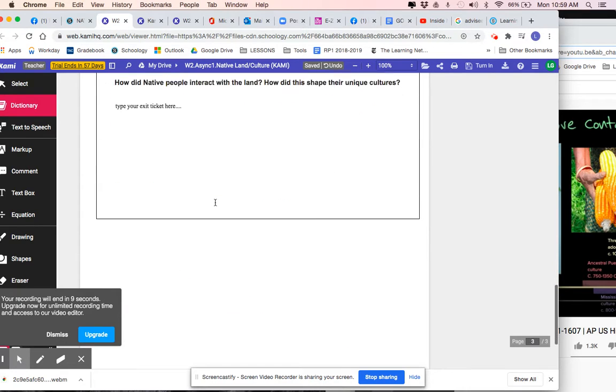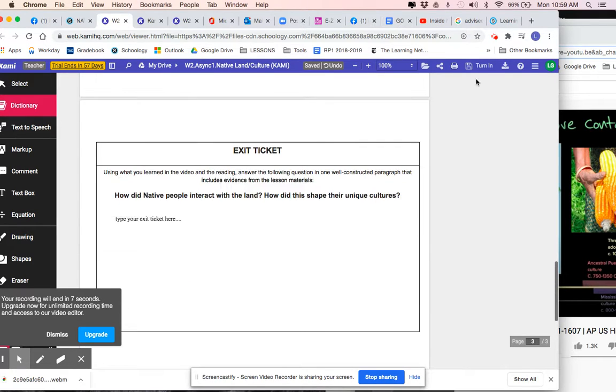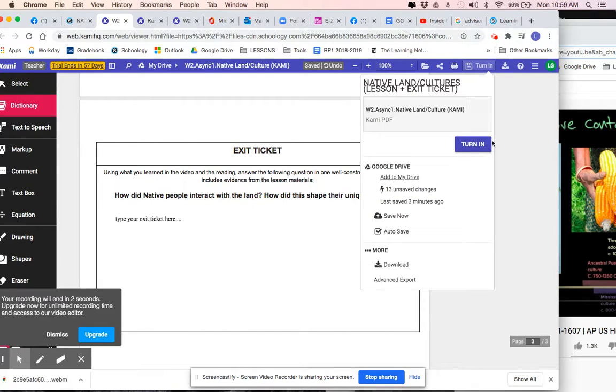So that's really cool. To turn in this whole thing, you go up here to press turn in. You press turn in here and it will automatically